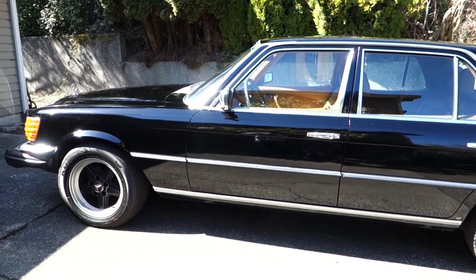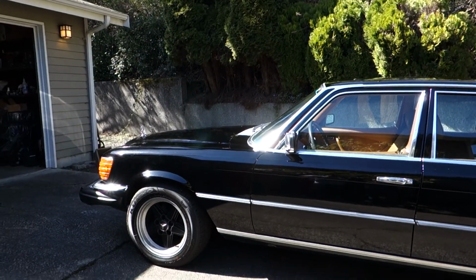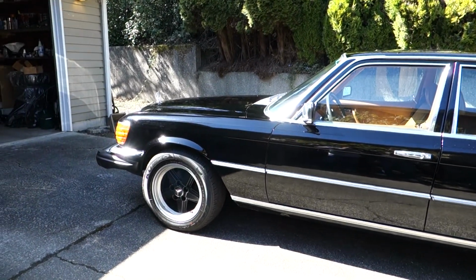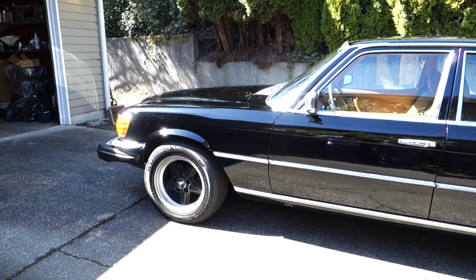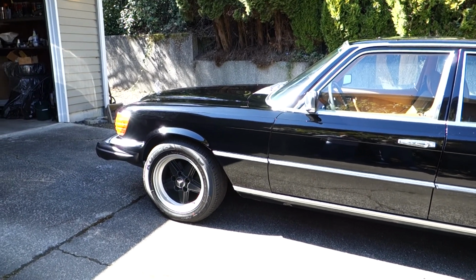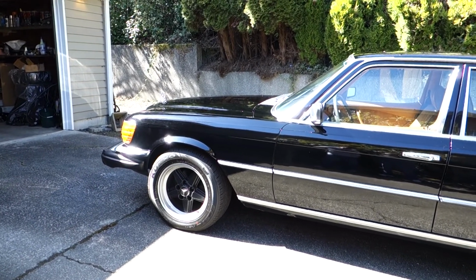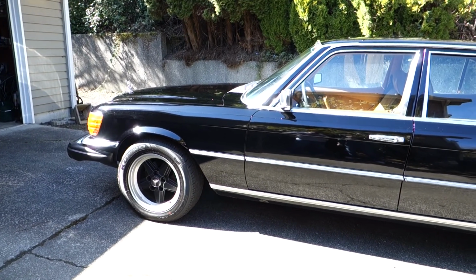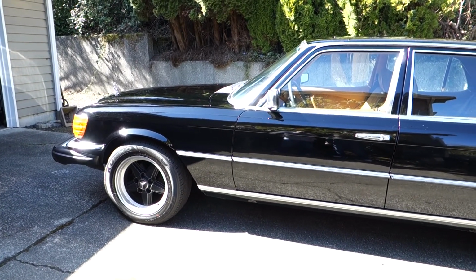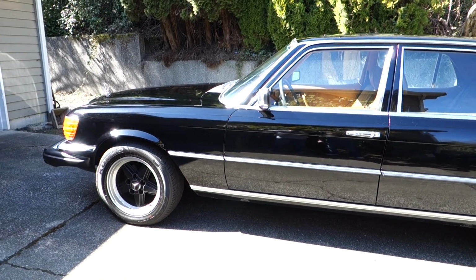All right, so this project started about 5 years ago. I'd been looking for 6.9s. I've always liked the 6.9s. The thing that scared me was the self-leveling suspension, the SLS, because anytime you see them for sale, they're pretty much sleeping on the ground. So I had the idea of doing a drivetrain swap, and there was a 6.9 at one of the